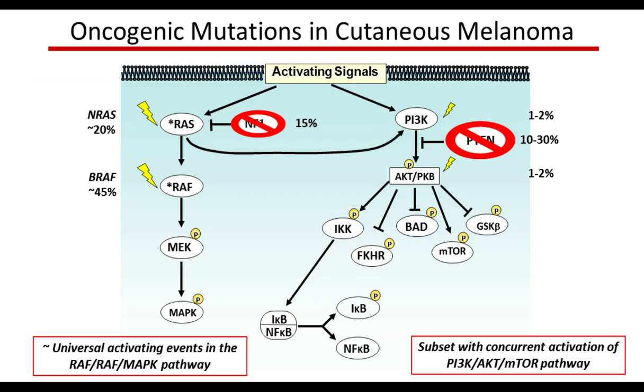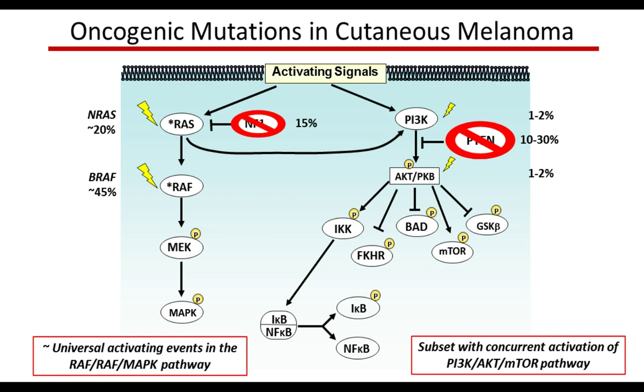So as I mentioned, melanoma really has a very high level of oncogenic mutations, and what we've been able to identify are some of the key oncogenic pathways that are activated in this disease. And so this figure shows on the left the RAS-RAF-MEK kinase signaling pathway, on the right the PI3 kinase AKT pathway. So starting with the MAP kinase signaling pathway, what we actually know is that this is almost a universal event in melanoma. So approximately 50% of cutaneous melanomas have point mutations in the BRAF serine threonine kinase that increase its activity up to 200-fold.